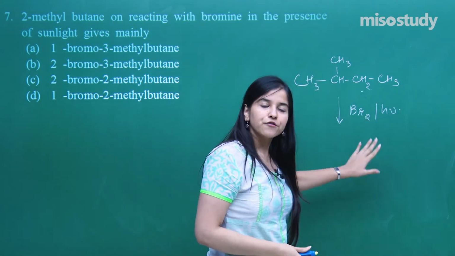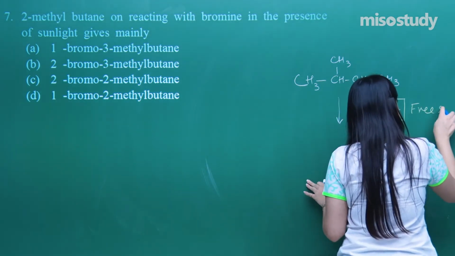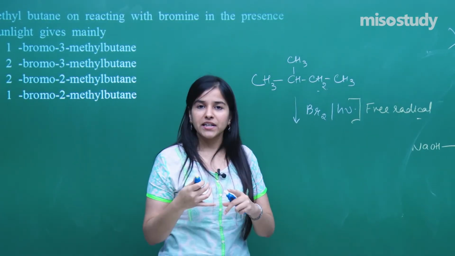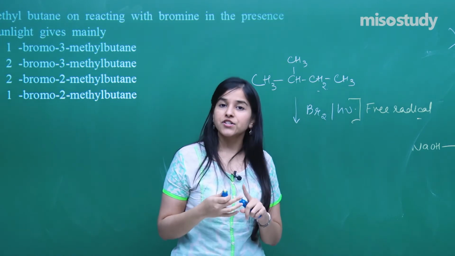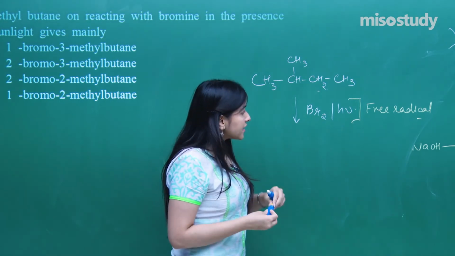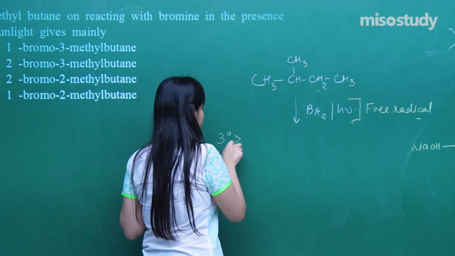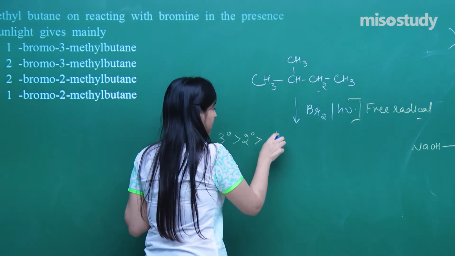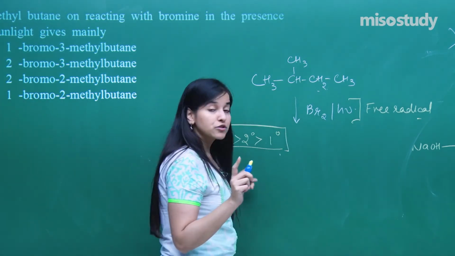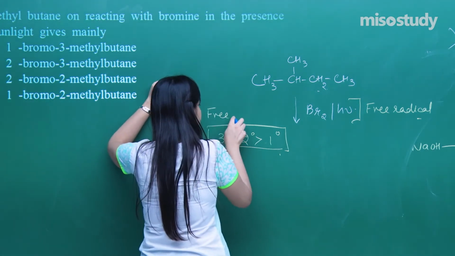So for these kind of reactions, the free radical mechanism will follow. Free radical we all know. Remember having chain initiation, chain propagation and chain termination steps in the free radical mechanism, we all know. And also the free radicals, what is the stability of the free radical? Tertiary is always stable, then secondary, then primary. I am not talking about the carbocation, but I am talking about the free radicals over here, just mind it. So that is for the free radical stability.